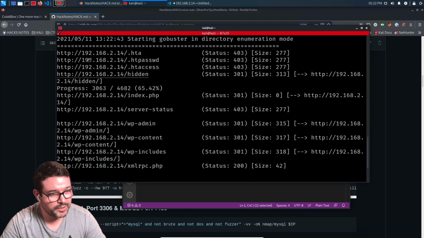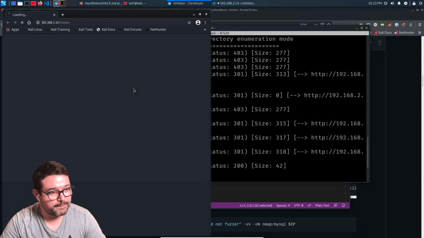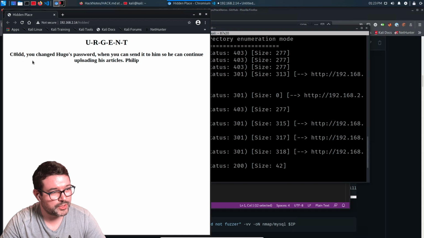So here we have a hidden directory. Okay, we have a hidden directory. It reads: "Urgent call. You change Hugo's password when you can, send it to him so he can continue uploading." Okay, so it does not seem pretty important, but we can get some information from this page,